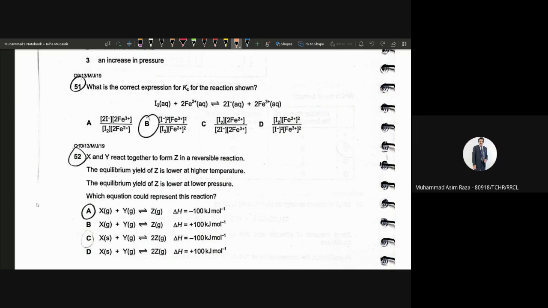क्या समझ आई आपको 52 में? सर 52 में बेसिकली हमने अभी रिवर्सिबल रिएक्शन है तो हमने ये देखना है कि टेम्परेचर क्या है। प्रेशर का तो इफेक्ट होता नहीं है Kc या Kp की वैल्यू पे, तो उसकी इक्विलिब्रियम यील्ड अगर हाई प्रेशर पे लो है तो उसका मतलब यही है कि उसका जो फॉरवर्ड रिएक्शन है वो एक्सोथर्मिक है, तो बैकवर्ड रिएक्शन फिर उसका एंडोथर्मिक होगा। और हमें इतना पता लग गया कि फॉरवर्ड रिएक्शन एक्सोथर्मिक है क्योंकि ओवरऑल यील्ड डिक्रीज होती है जब आप टेम्परेचर इंक्रीज करो किसी भी एक्सोथर्मिक रिएक्शन का।